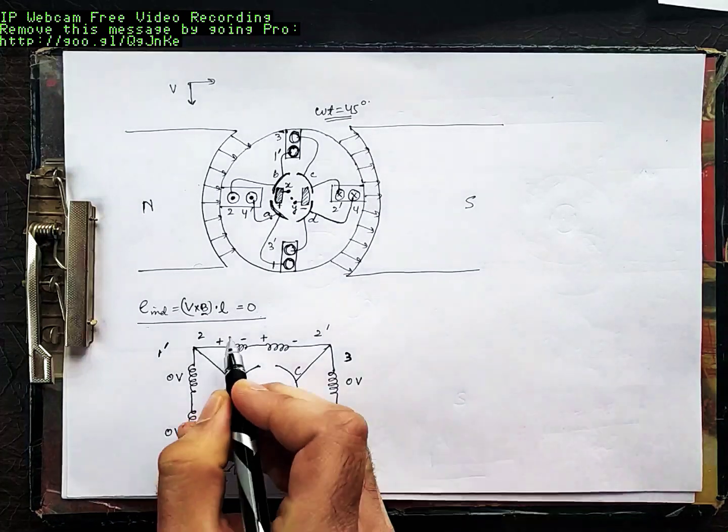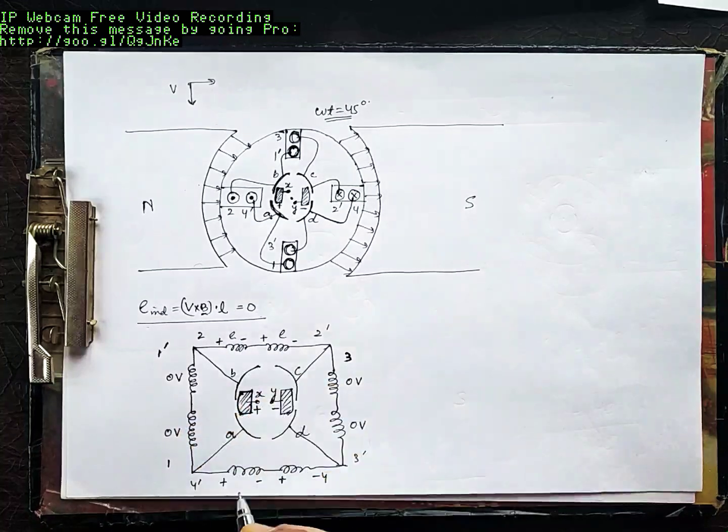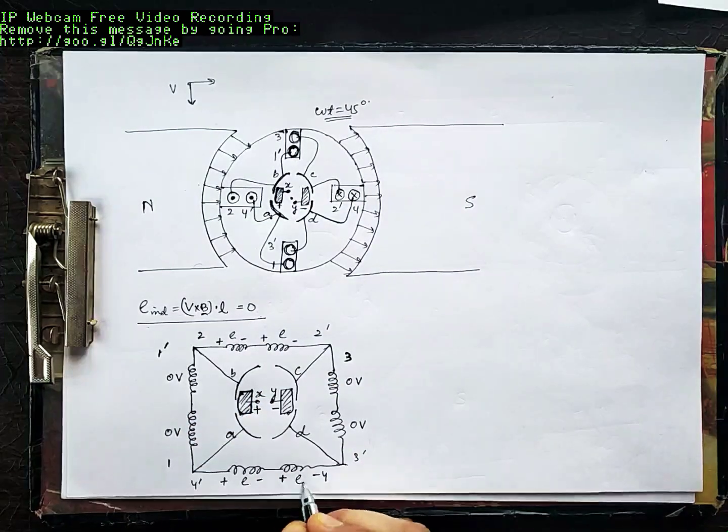If this voltage is E, this voltage is E, this voltage is E, and this voltage is E,